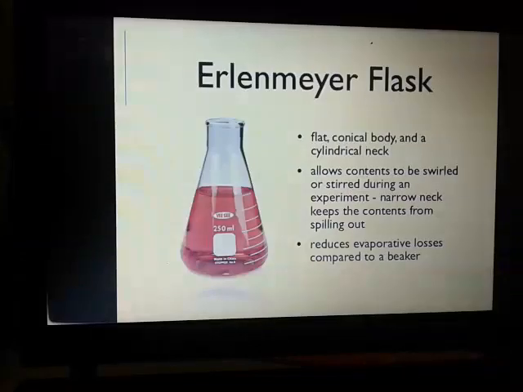Okay, now coming to the next point, this is called a conical flask, and the original name is Erlenmeyer flask. We do not call it by that name, we call it a conical flask because of the shape of this container. This is a cone-like structure, that's why it is called a conical flask. It is one kind of container like your beaker. It allows the content to swirl or stir during an